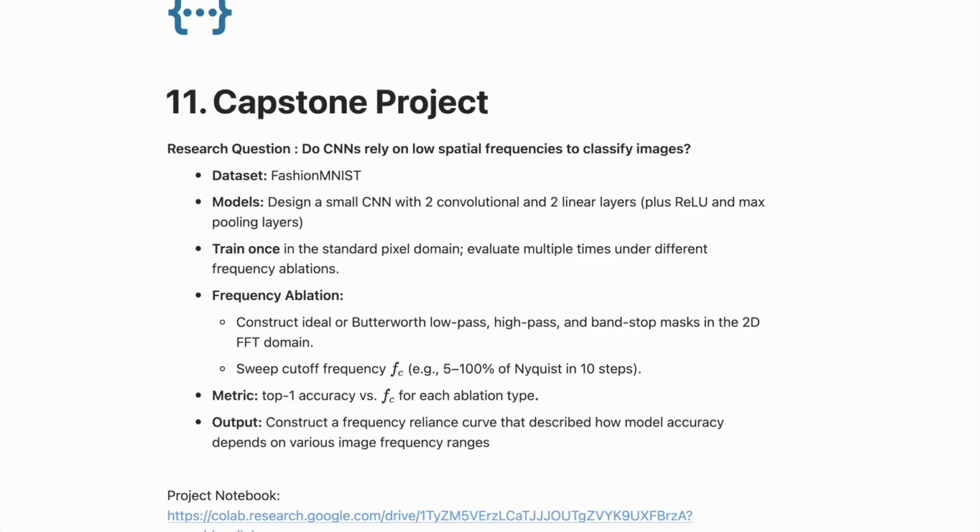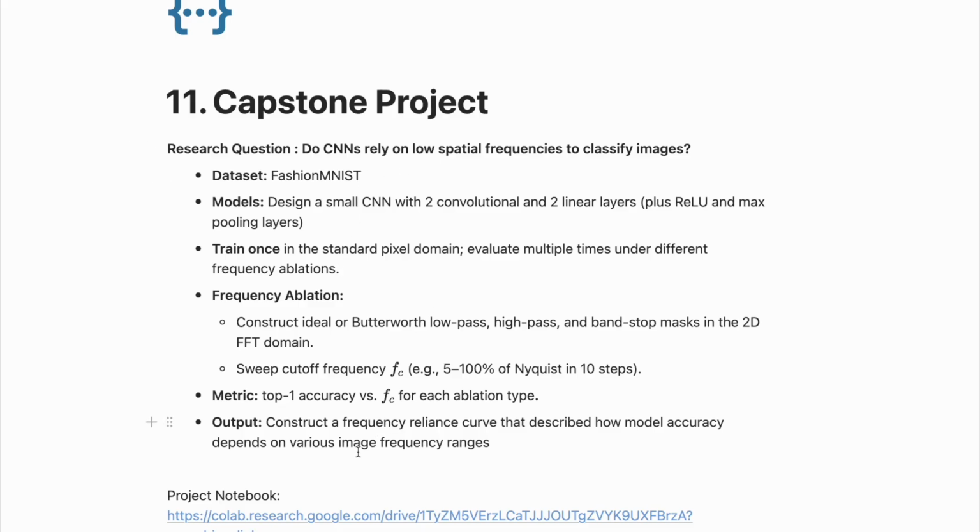Capstone Project, you'll answer a research question for yourself. Do CNNs rely on low spatial frequencies to classify images? You will construct a CNN and train it on the Fashion MNIST data set. You only train it once, and then you evaluate it multiple times under different frequency ablation conditions to draw this